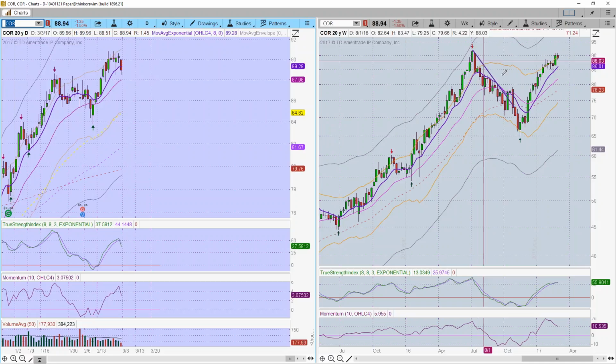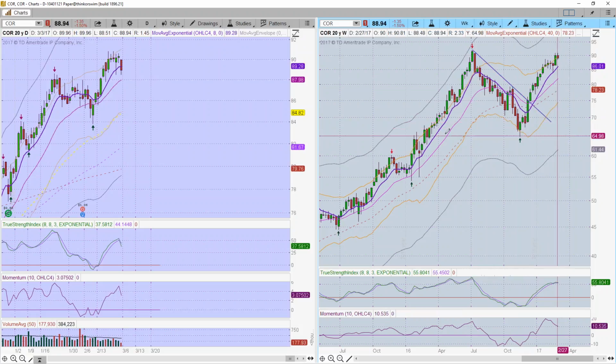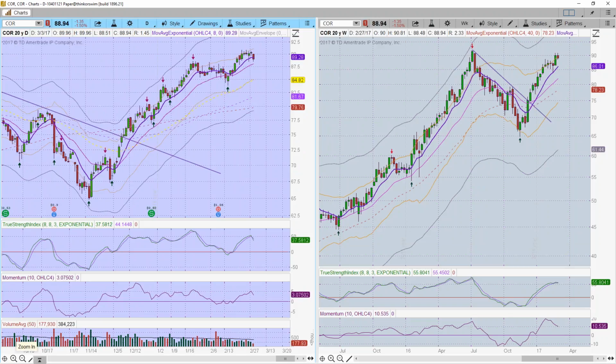Well, since I have this line over here, I've looked at this previously also, Eric. So what's CoreSite Realty telling us at this particular time? The question is, is it going to pull back into this support area, which is already done at the 88.46 level, and then rebound from there? The momentum looks like it is rolling out of it.